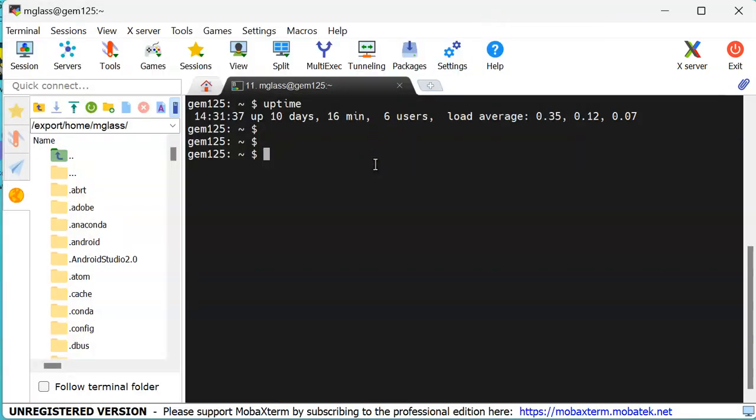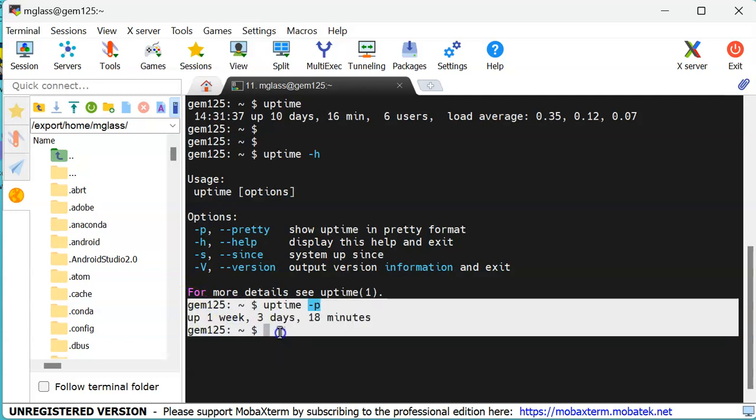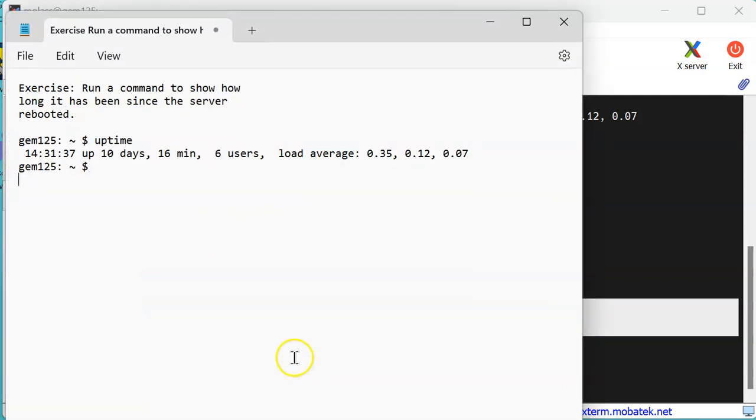Let me point out that the common switch is -H. And notice that we have a couple of different versions of that. And here's the pretty version of uptime. Let's just try it. And the command switch was -P. See that over there? And now instead of saying it's up 10 days and so on, it says it's up 1 week, 3 days, and so many minutes. So if we want, we could copy that just by selecting it, go back to our document, paste it in,